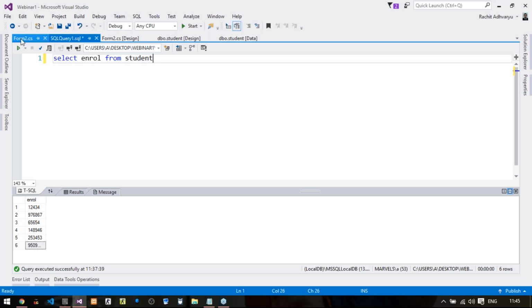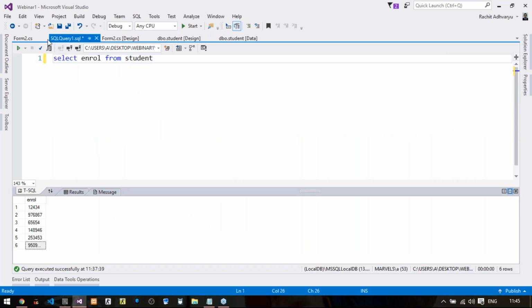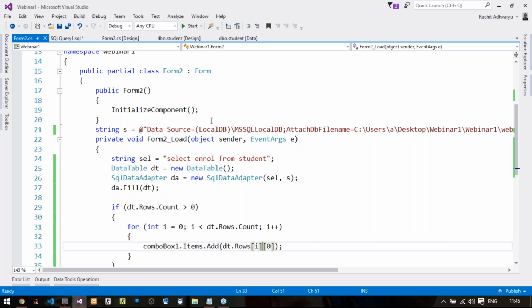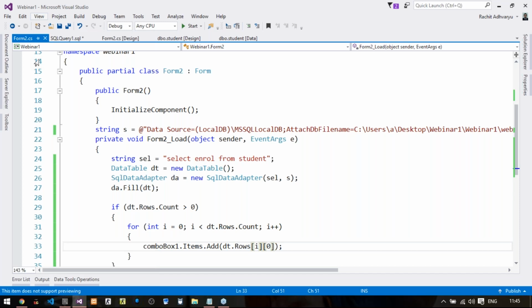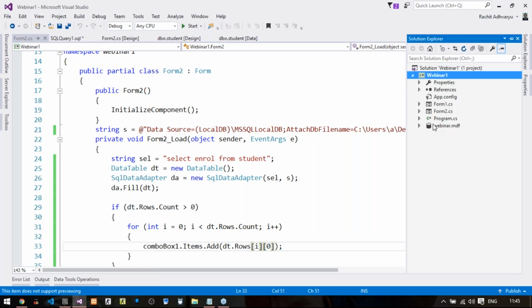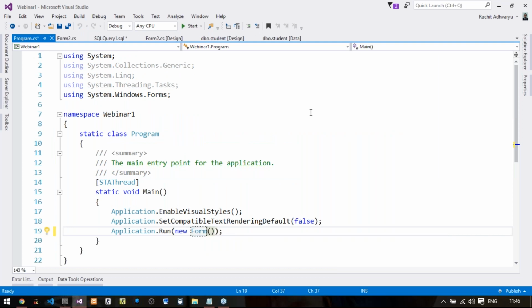Now, remember one thing, whenever you are having multiple forms in your particular Windows Form application, and if you want to execute any one form of them, we need to go to Solution Explorer. You can see the Program.cs file. In that, you need to say which form you want to execute. By default, it's Form1, that is yesterday's form. So I'm changing it to Form2 now. And let us try to execute.